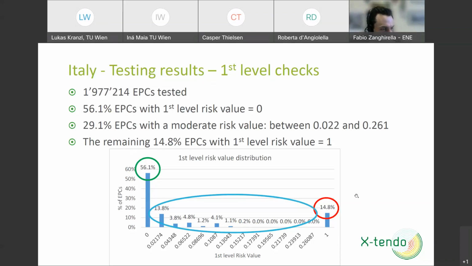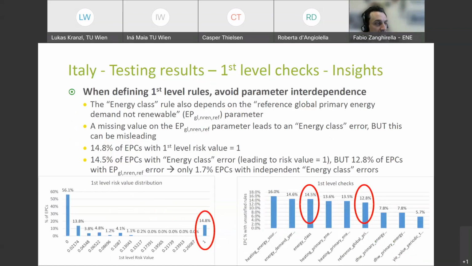So we thoroughly investigated this almost 15%, which was, according to us, quite big. And here we found a second insight about the development of this feature. So we found that when defining the first level rules, above all regarding parameters which send the risk value directly to the maximum value, it is important to avoid parameter interdependence. So we found out that of this 14.8% of the maximum risk value,